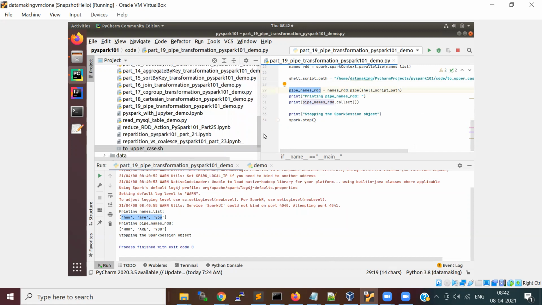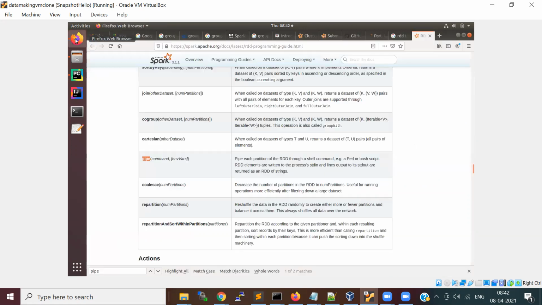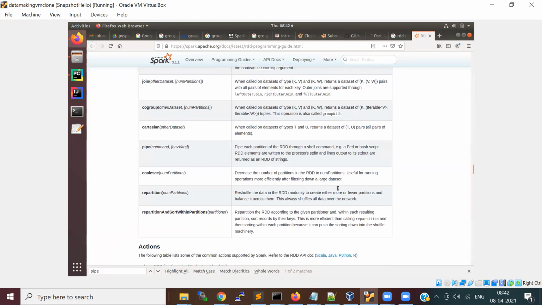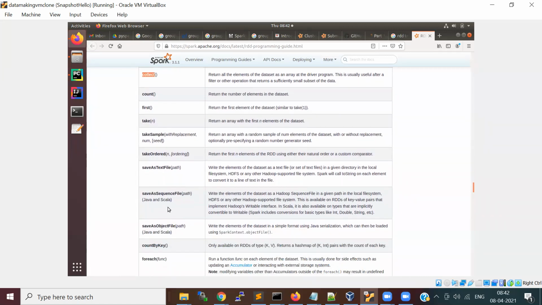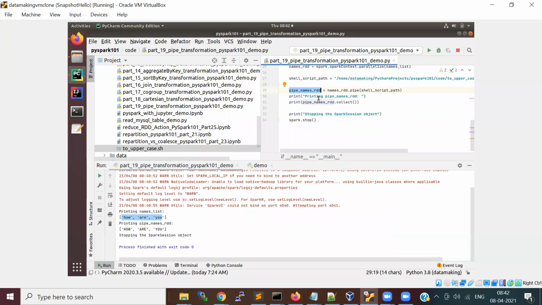Okay, so if you look at the action operations, we have almost seen some of the actions already. I think reduce we will see. We saw collect, count, first, and take and all. And there are other action operations like saveAsTextFile. Okay, so if you have this content and you want to save this as a text file,